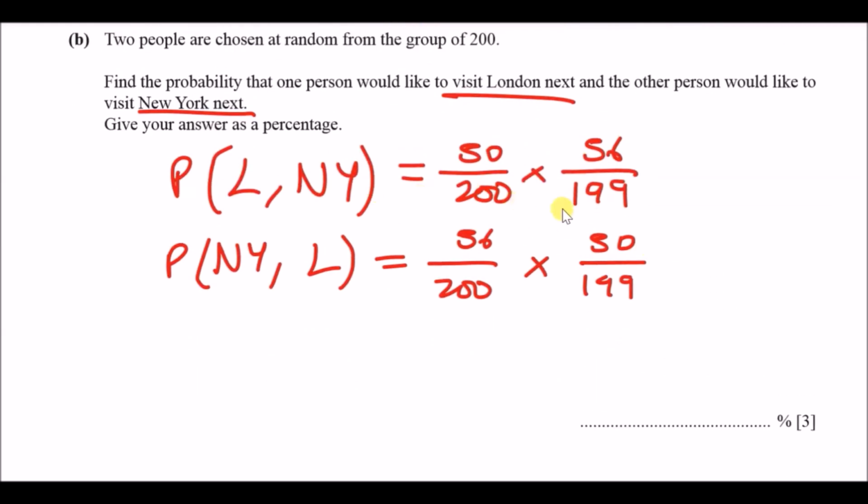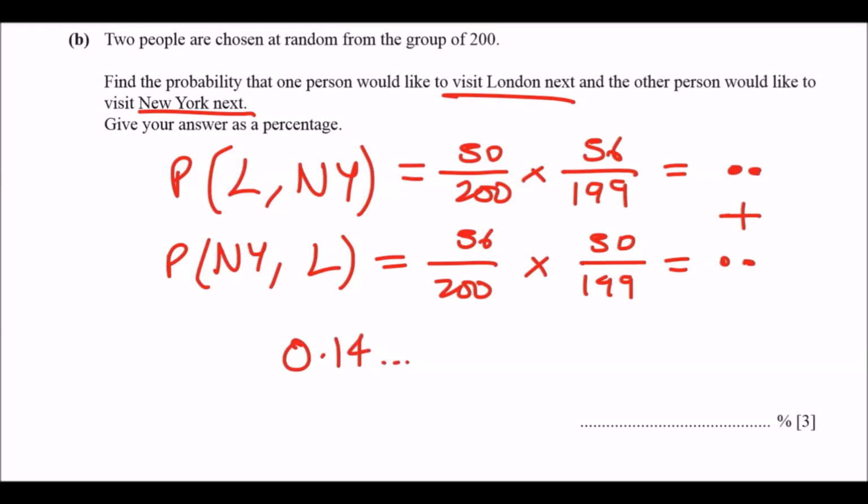And in this case, you could just work out the top one and double it. But for me, it's always safe to do them separately, yeah? So when you work out both of these fractions, you get an answer over here, and you get an answer over here. And all you want to do is add up your total probabilities. And when you add up these probabilities, you'll get a decimal answer of something like